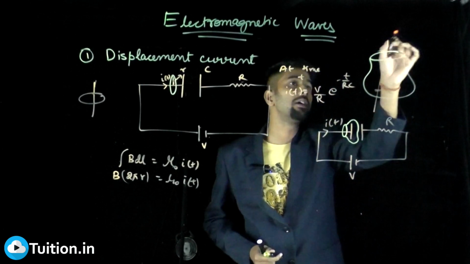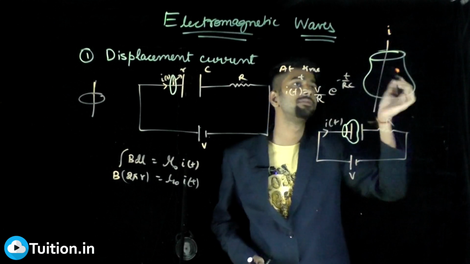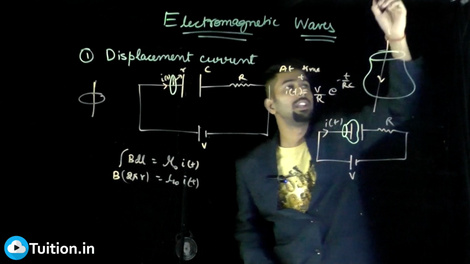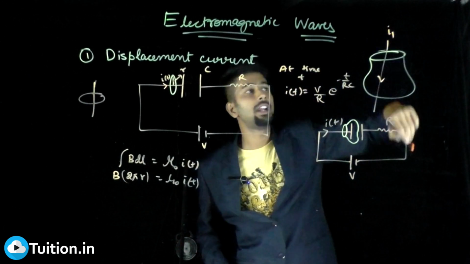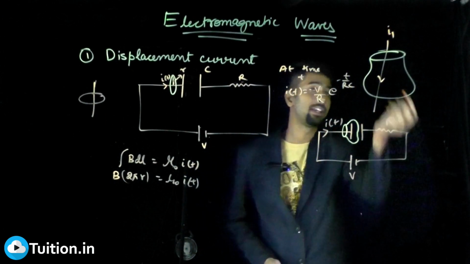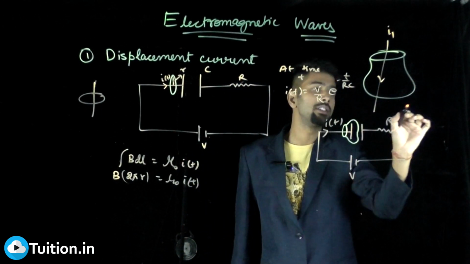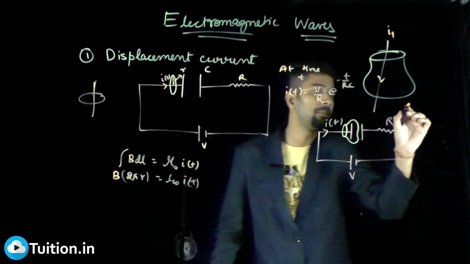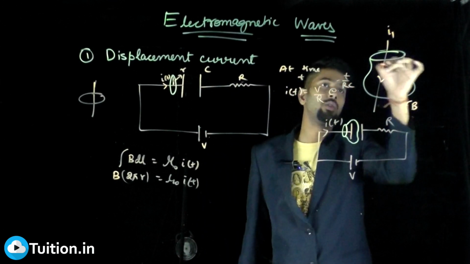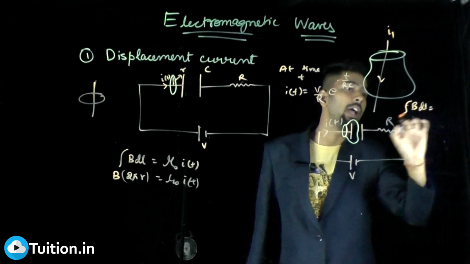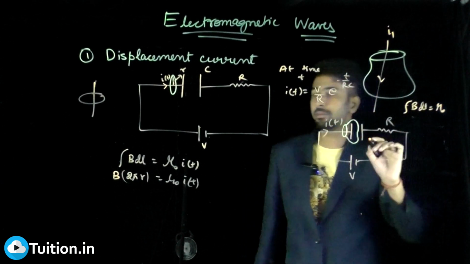If the net current piercing through the surface is I, like this, and anything going out, let that be minus I. Let this be I1, and let anything going out be minus I2. The sum of the net current, I can say, is the integral of B times dl around this boundary. I can integrate this, and according to Ampere's law, this is nothing but mu naught times,